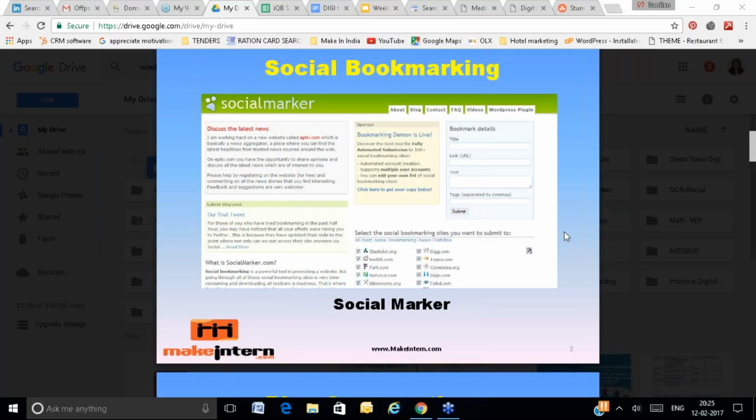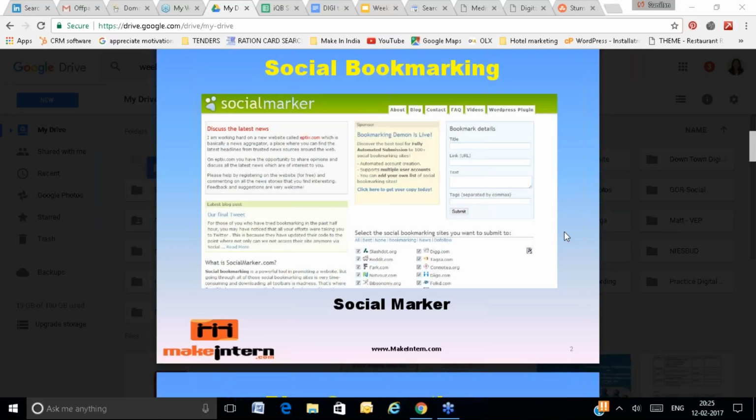But the other advantage also includes that visitors of the bookmarking website, if your content is interesting, will share your content in their network and can click and come to your website. So the dual advantage is you are getting visitors.